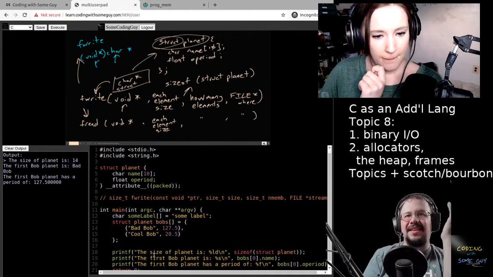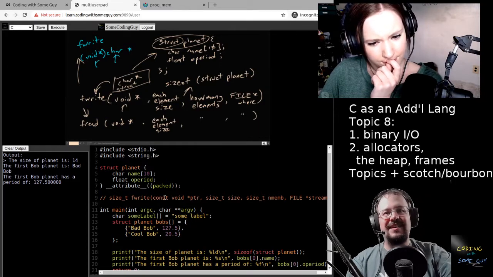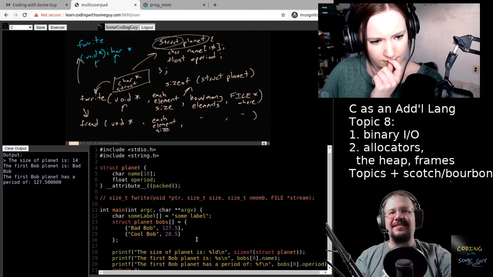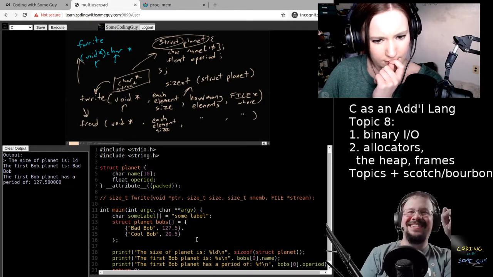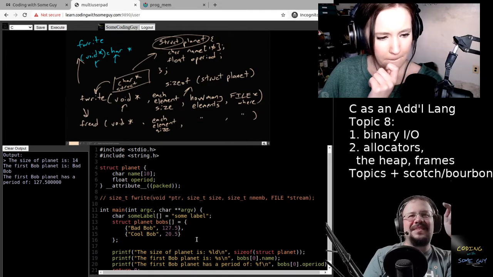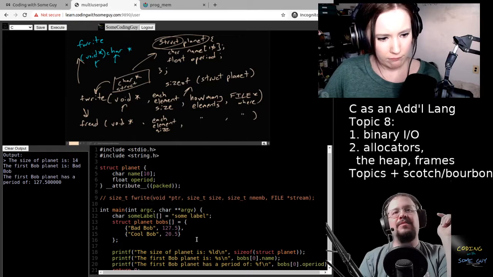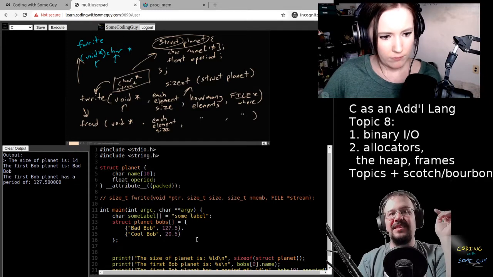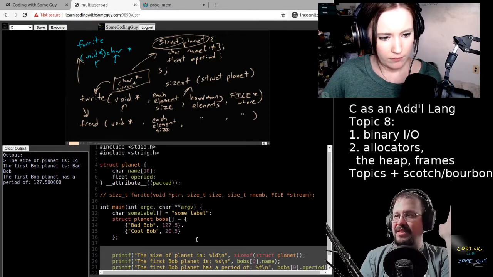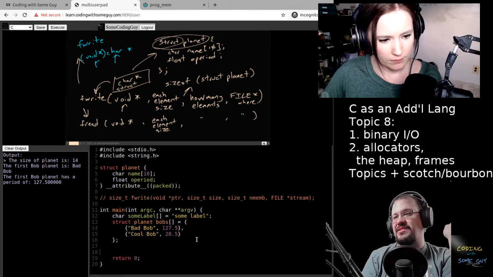So it's got that void pointer. Don't worry about this const right now. We have the ptr, which is the pointer to the data, we have a size, a number of elements, and a stream. So we have to start with the end of that, which is the stream.